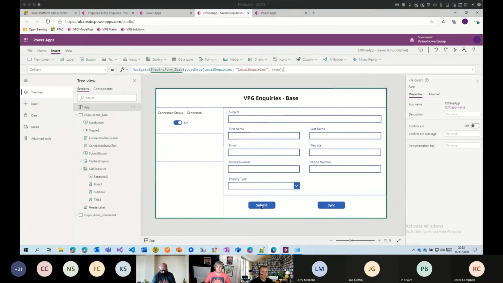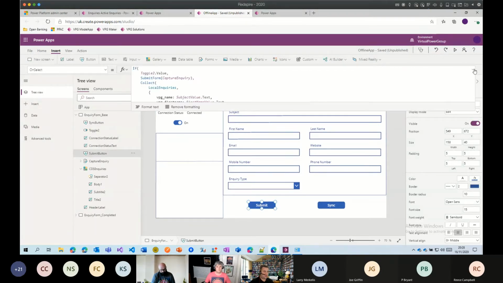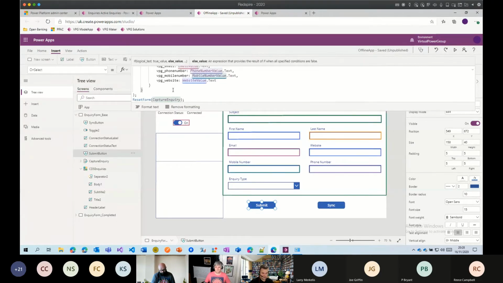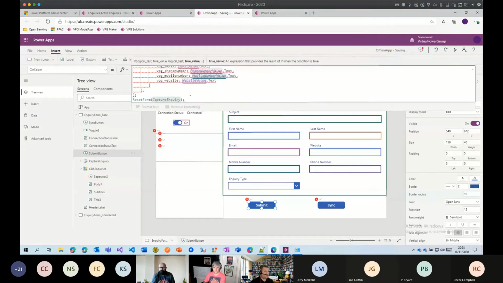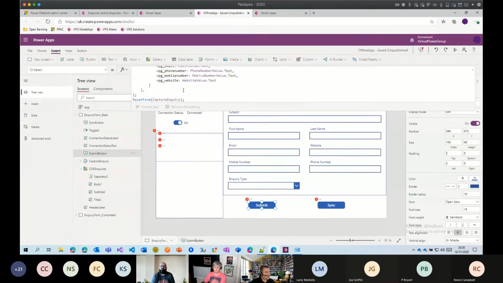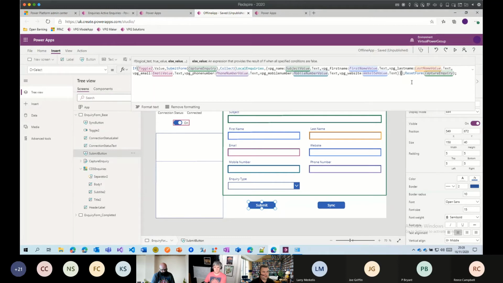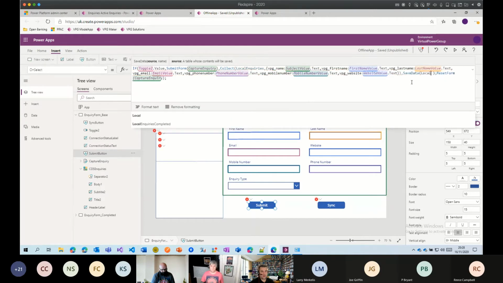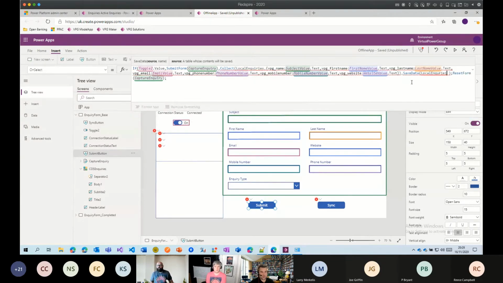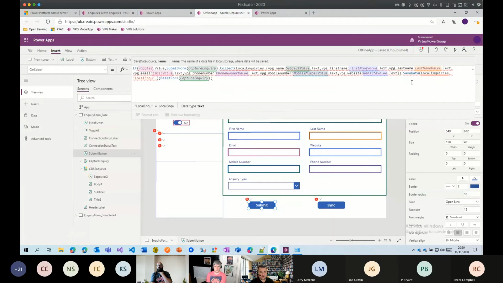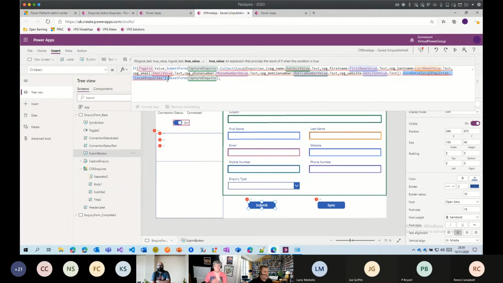So what we want to do is when we come into the submit button, when you collect that, come down to the bottom of the collect, and then on the next row down, I think that might be the right place. So we're going to save the data at this point. So we're going to save the local inquiries, and this is where spelling comes in. So we're going to save the data from the local inquiry down into the